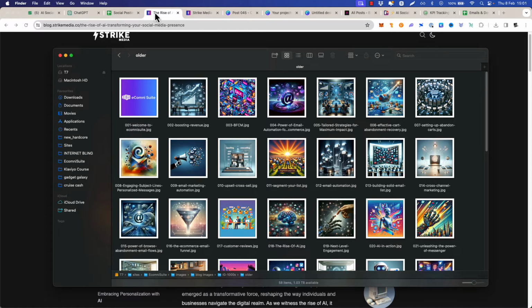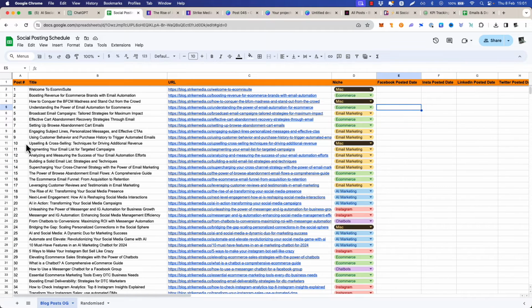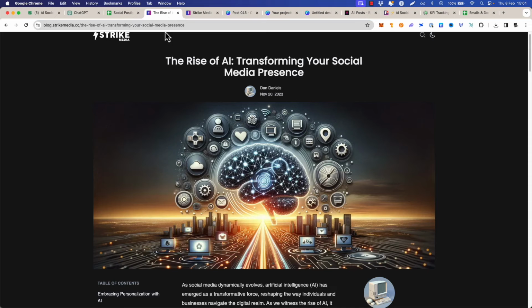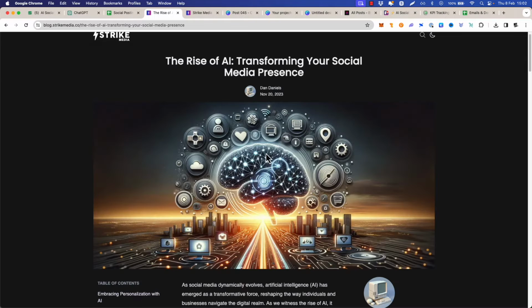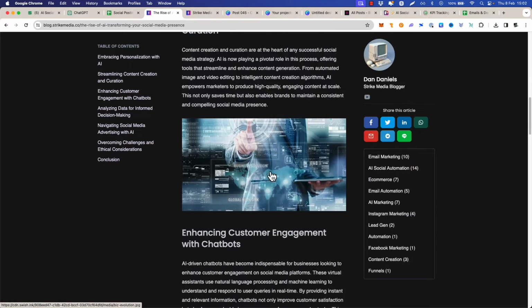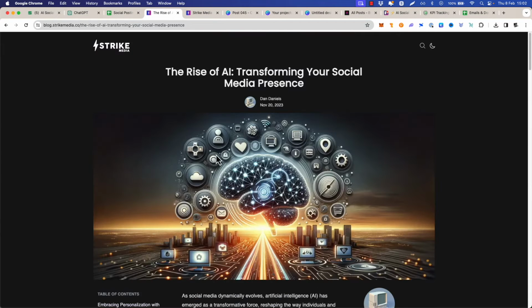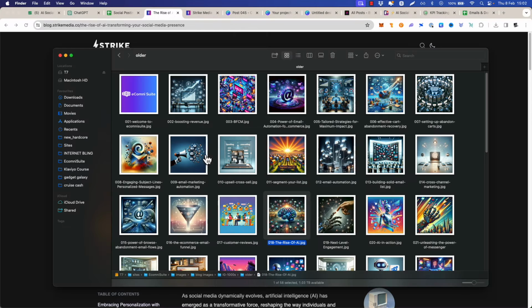They're all labeled to correspond the number of the post that they're from. So if we go to this one here, the Rise of AI, which is number 18, and we find 18 here, you'll see it's the same kind of image. All I really do in ChatGPT is I will ask it to make these landscape images like this, and this, and this. And then when it makes a nice one that I'm going to use as the header image for the blog post, like I have here, I just ask it to replicate the image in 1:1 format, and it will create another image that I put in another folder,